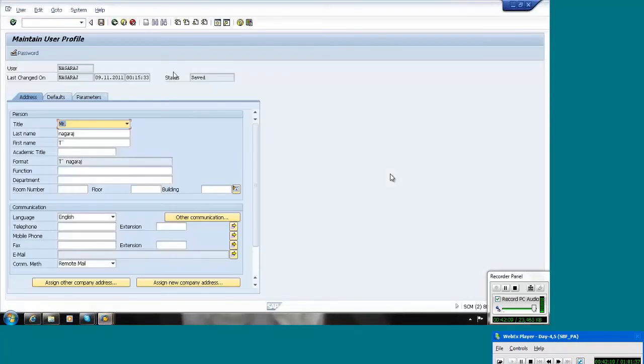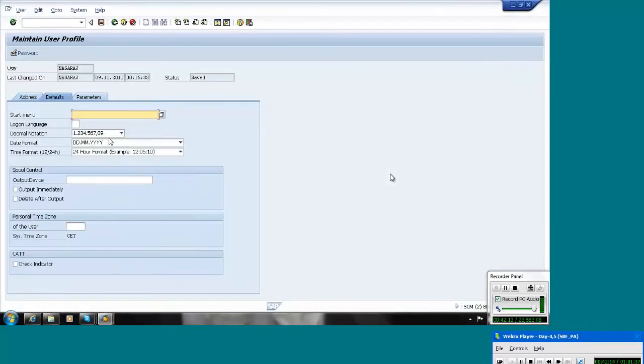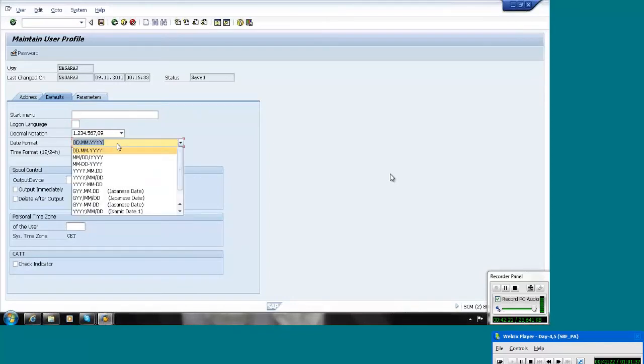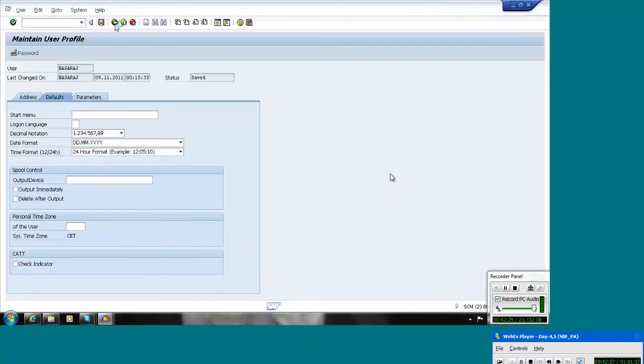So here you can see the date format: date, month, year. So India format. So we are also following the same thing. Date, month, year.